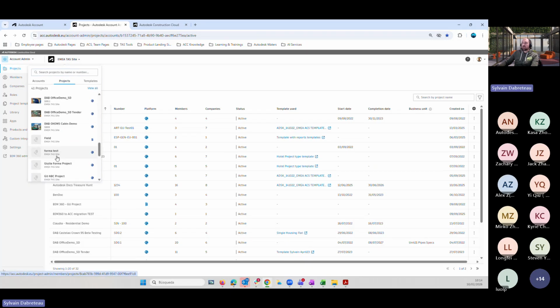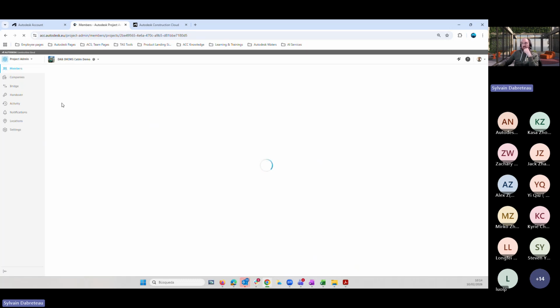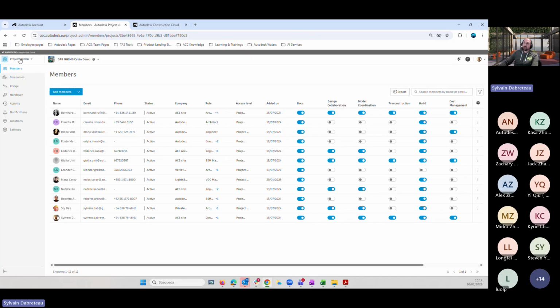Now I'm going to move to a project. Let's say that I'm creating a brand new project. In this case, this is a brand new project I have created. I have to work on my project administration. Members, companies, maybe I set up some bridges between projects, notification settings, locations. I give different accesses to the different people.